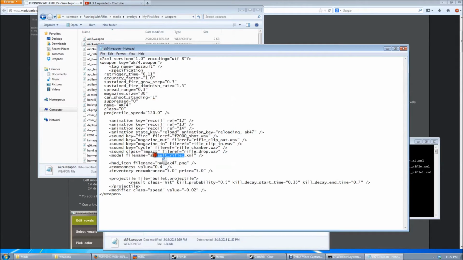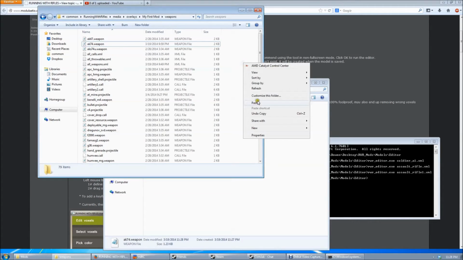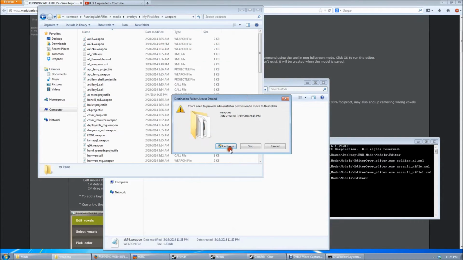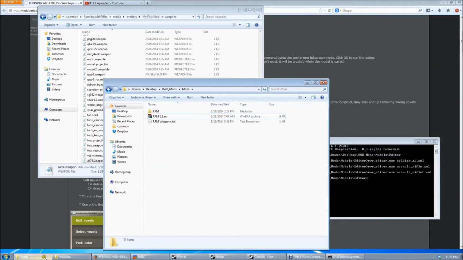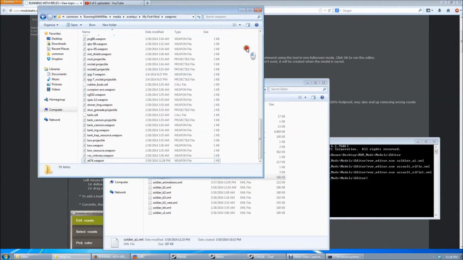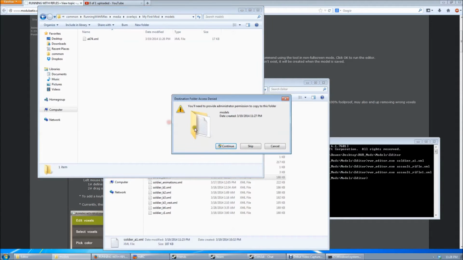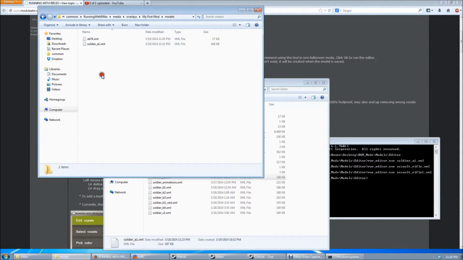Unfortunately, because of Windows, I have to move it over here. There you go. I love user account control sometimes. Then we're also going to add our character in there. Now, because this is an overlay, we don't have to do anything, and this character is something